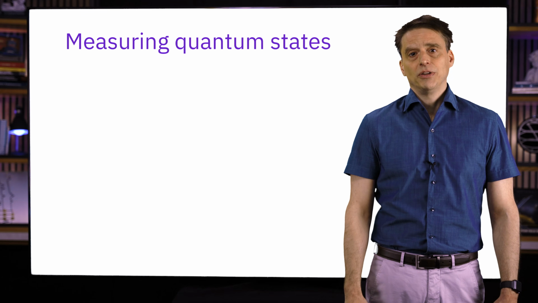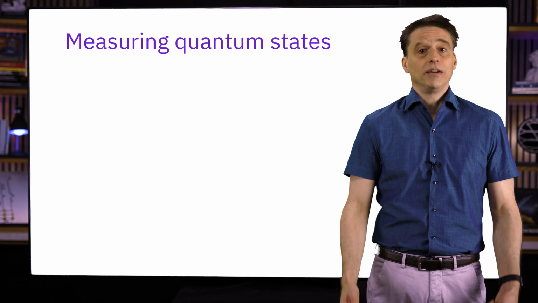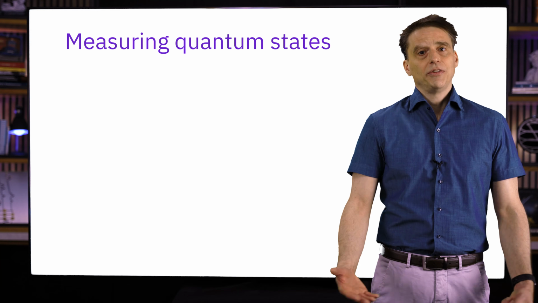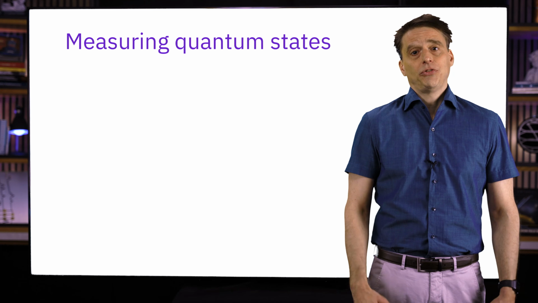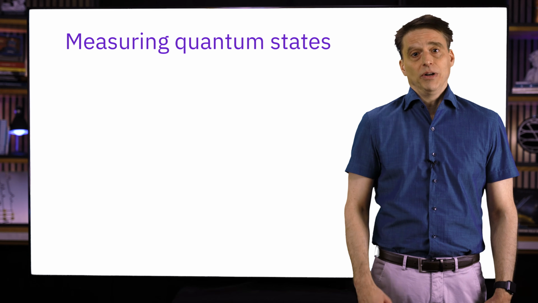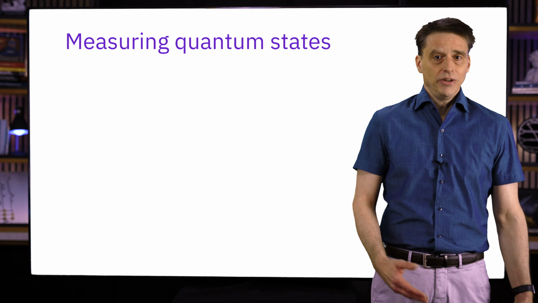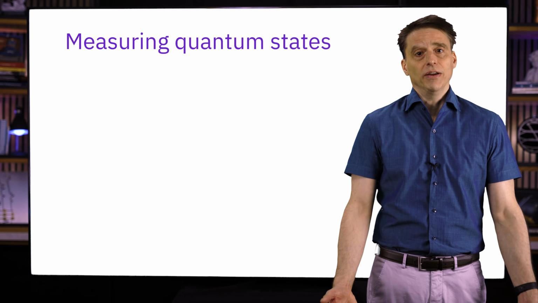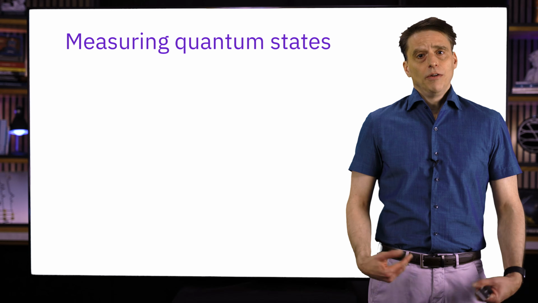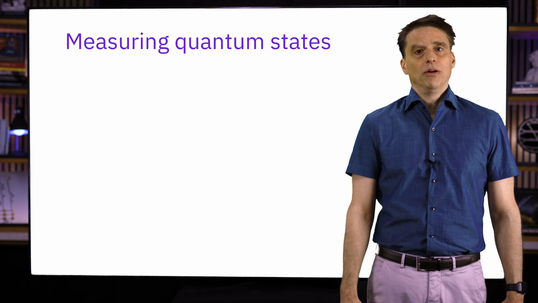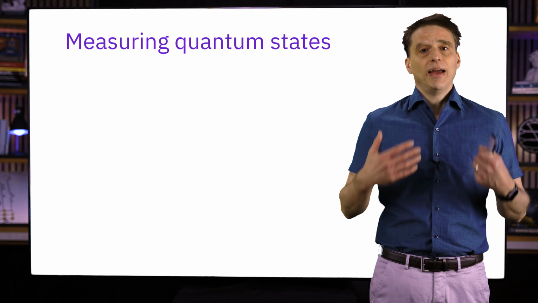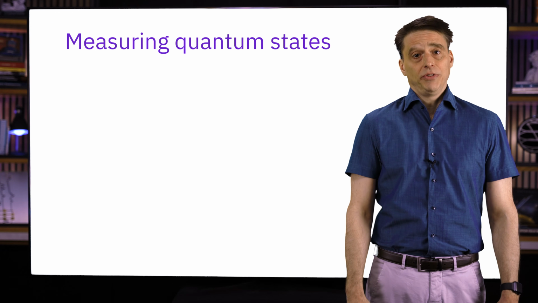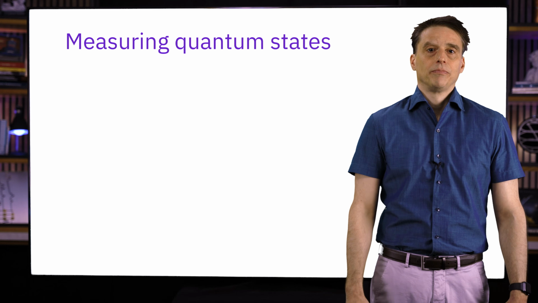Intuitively speaking, measurements provide a mechanism for extracting classical information from quantum systems. When we look at a system when it's in a quantum state, we don't see a quantum state, just like we don't see probabilistic states. We see classical states, and this notion of a measurement is what provides the interface. If we as humans want to know something about a quantum system, we have to measure it, and in doing so, we'll extract classical information about whatever quantum state that system was in.